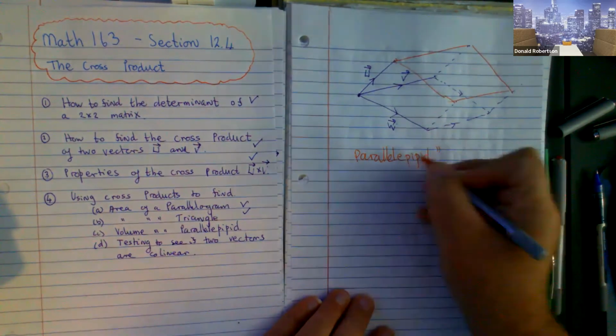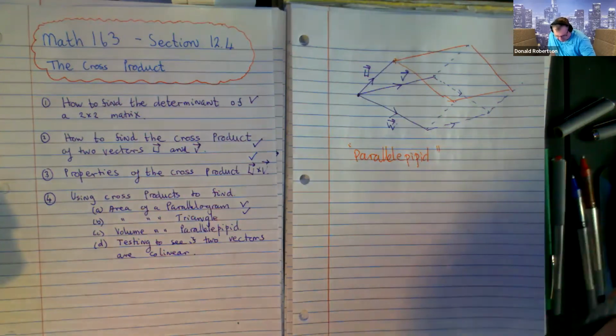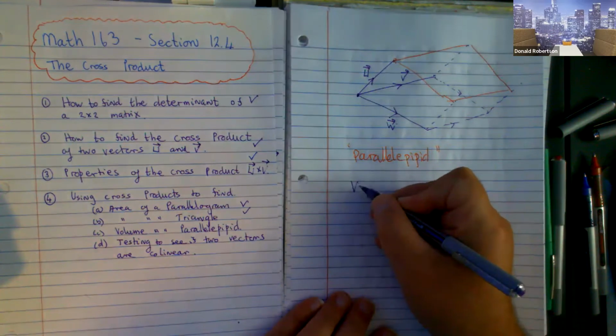A parallelepiped. It's a kind of tongue twister. We would like to know the volume of that shape. Now it's a three-dimensional shape, and its volume